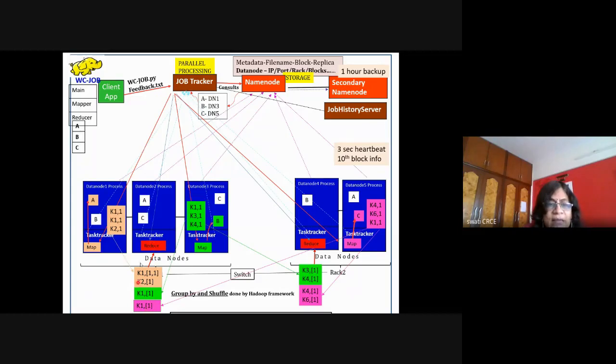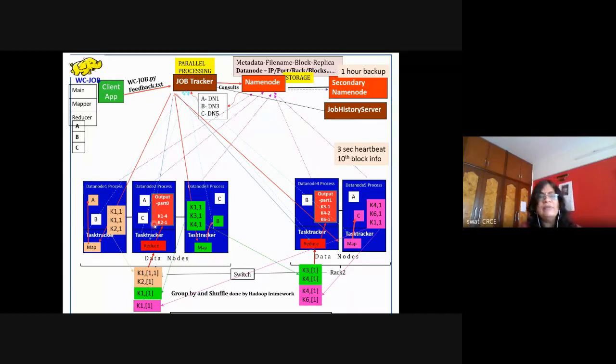Now the reducer acts on this intermediate output of the mapper, which acts as input to the reducer, and it creates the output, which is the final output. If the output is small, you may need only one reducer, but if the output is large, then it is also stored in a distributed fashion but accessed sequentially. Suppose the file is output.txt, and it is stored in part format: part 0, part 1, part 2, like this. Here it creates K1 equal to 4, because the total value of K1 is 4. There are four ones.